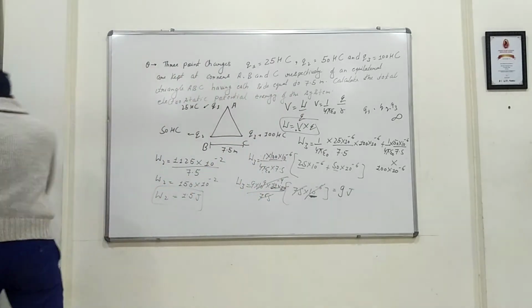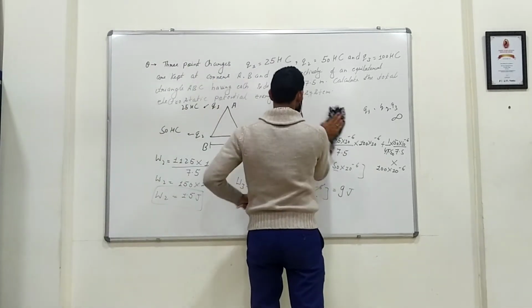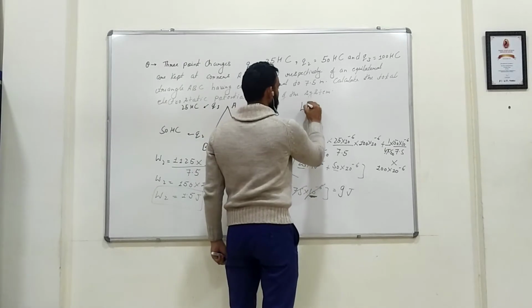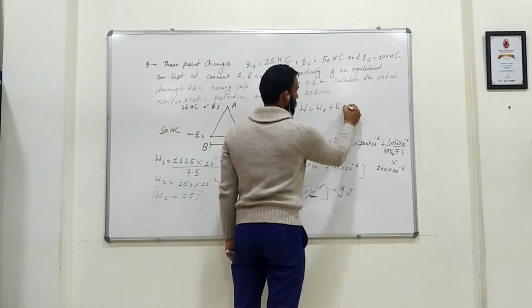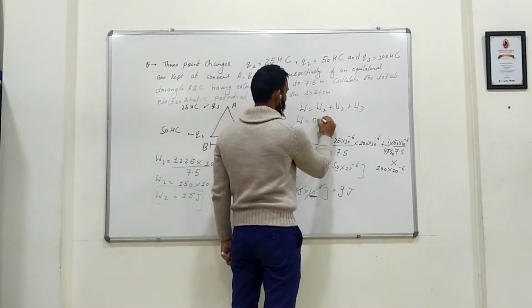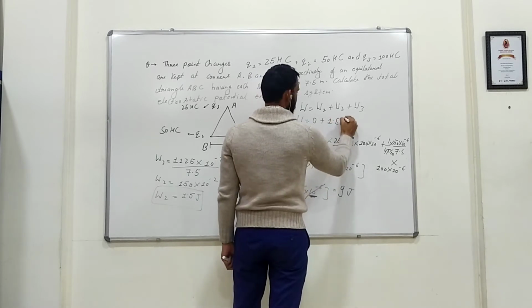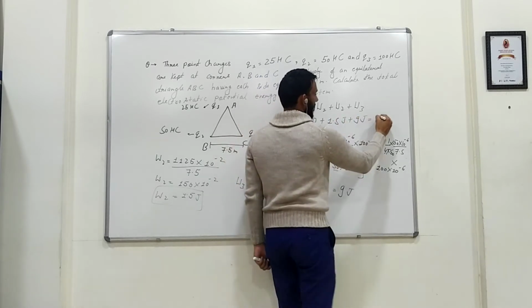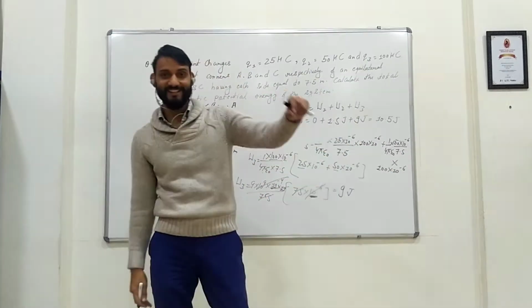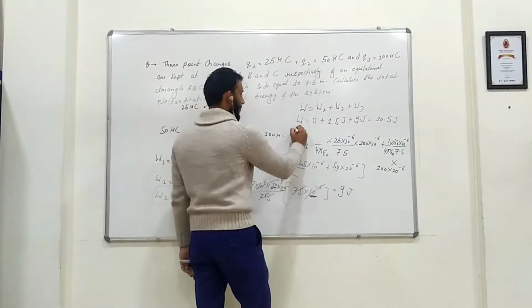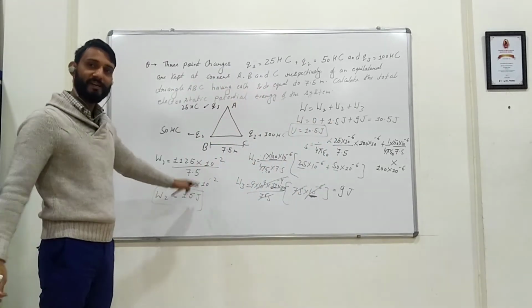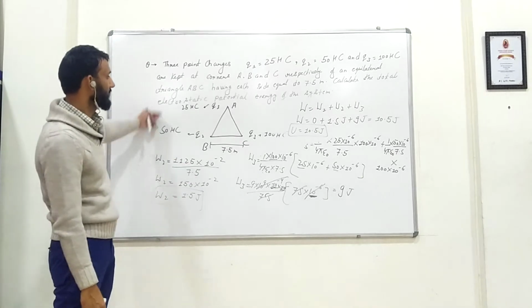Okay. Now total work done will be W is equal to W1 plus W2 plus W3. So W1 was 0 plus 1.5 joule plus 9 joule. Answer would be 10.5 joule. This is the amount of work done, and whatever amount of work done is there, same amount of potential energy, that is U is equal to 10.5 joule. Answer. So this was a very simple numerical, and this way the numericals may come in order to calculate the electric potential energy.